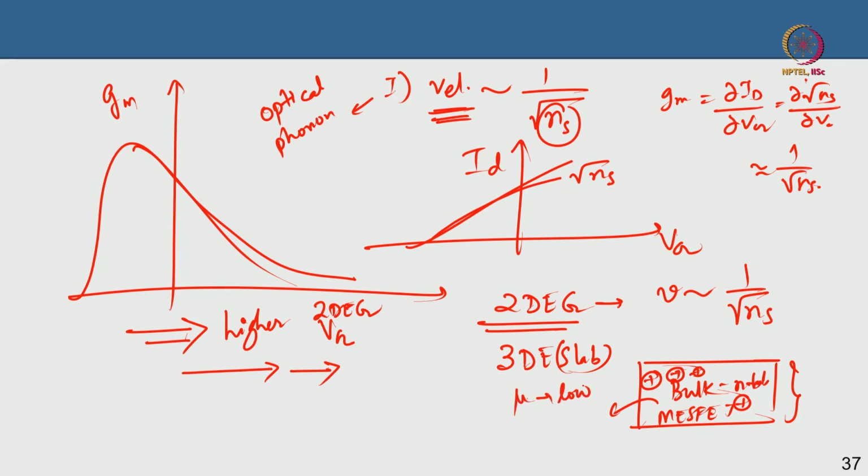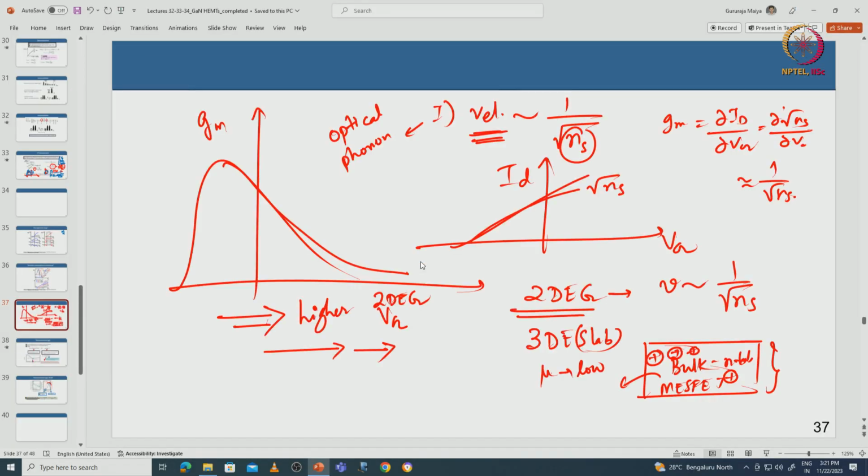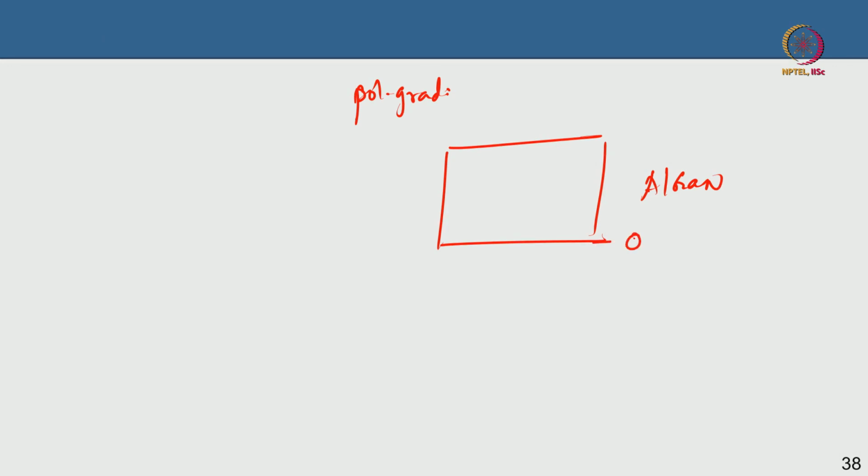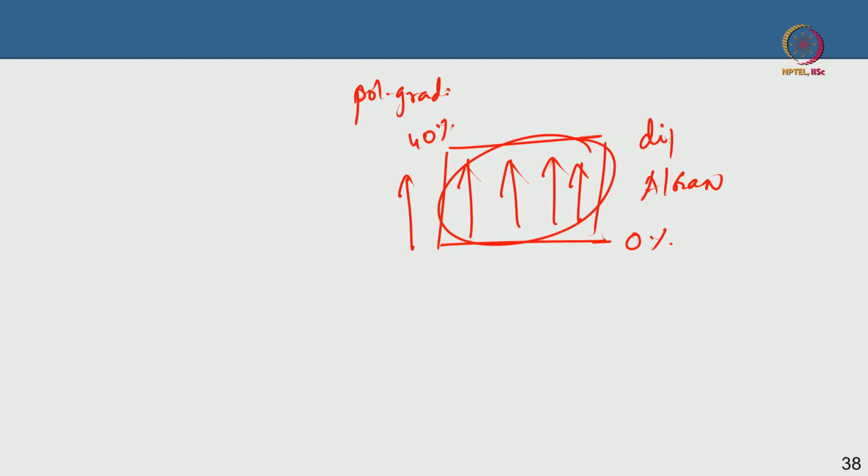So, what people do is that they use a technique which is basically polarization grading. Polarization grading means if I use a slab of AlGaN, I start from aluminum 0% or aluminum some low percent, and I keep continuously growing it to say aluminum 40%, continuously growing. This is called grading, as you know, and if you do that grading, because there is a dipole associated